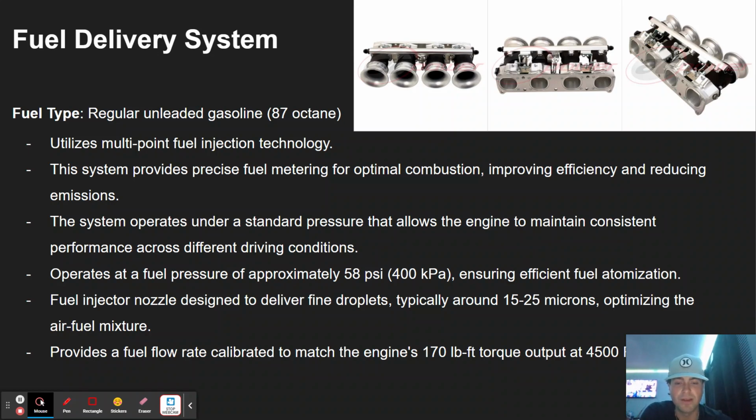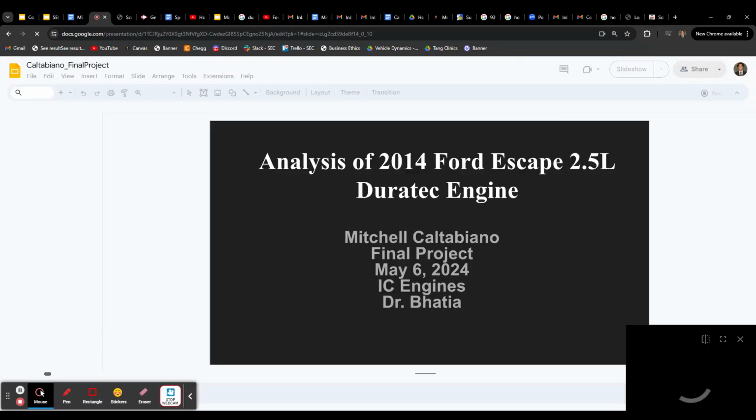This pressure level is ideal for ensuring efficient fuel atomization, a process where fuel is converted into fine droplets. Atomization is crucial because it enhances the mixing of fuel with air, which leads to more complete and efficient combustion. The strategic placement of fuel injectors plays a significant role in the system. Injectors are positioned to maximize the fuel atomization and to facilitate optimal